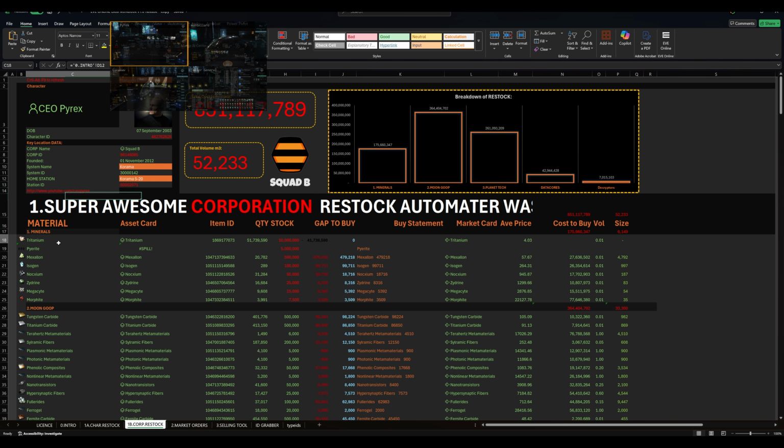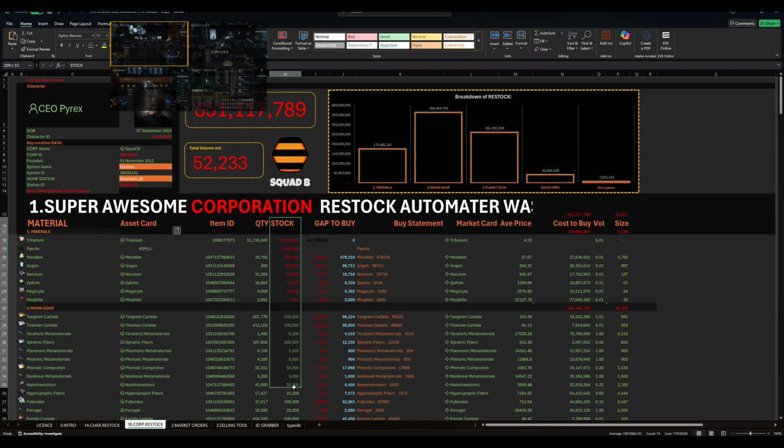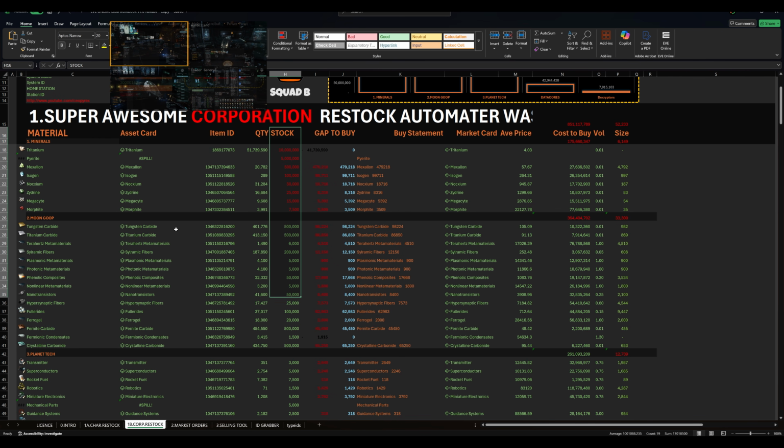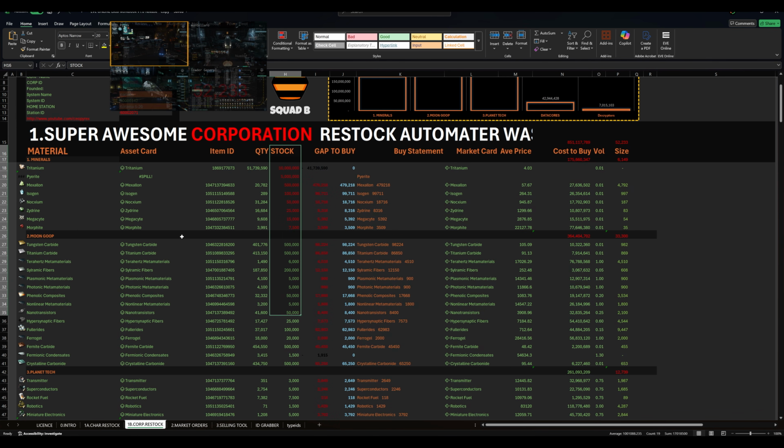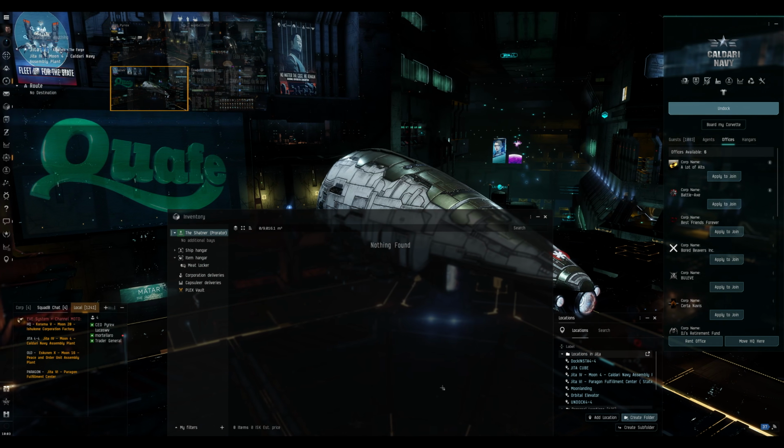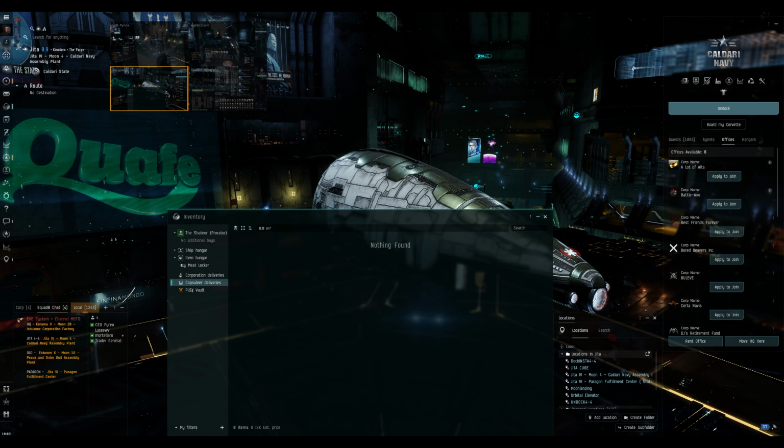Very important. Because then what it does is, this is the restock automator, right? It's designed for you to give a notional stock level that you want for everything, really. Anything to do with invention, manufacturing and so on. You can add to this as well, because I'll show you in a moment how to do that. You can see we have an error here, a spill, and that's because currently, if I come here, I'm probably going to find that we have a lot of